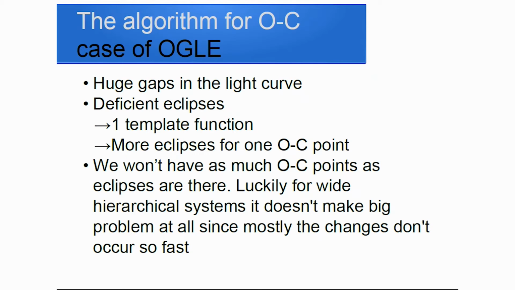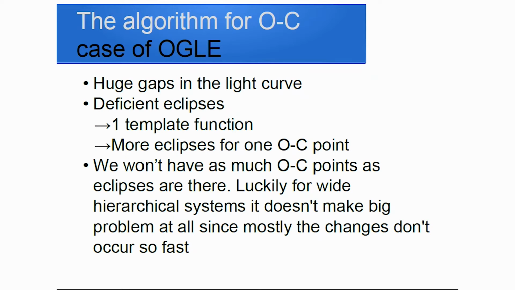And in most cases I used a wider time range to collect those data. Luckily, it's not a problem for us: we will get fewer O-C points than there are eclipses, but it's not that much of a problem for